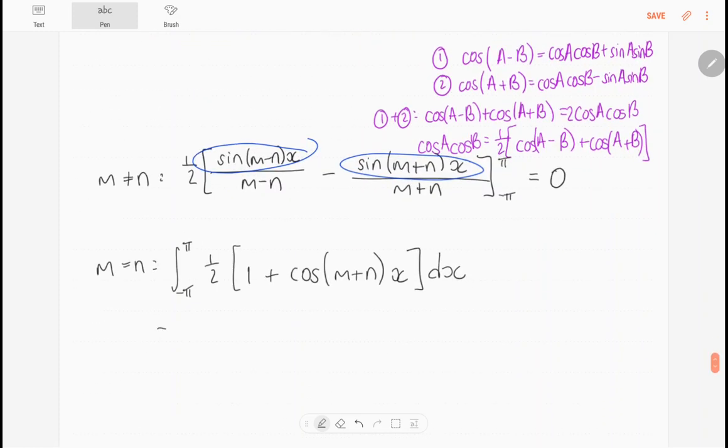Then we work out our integral, so it's going to be a half multiplied by x,